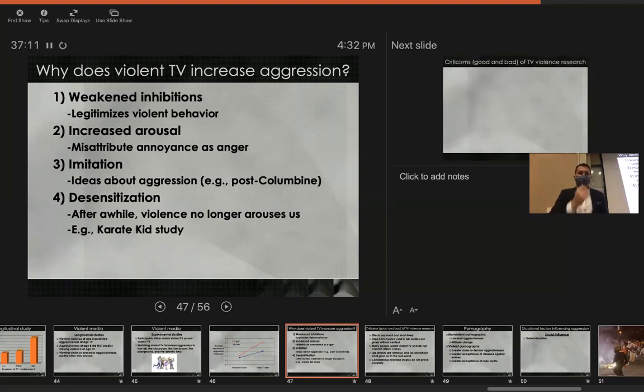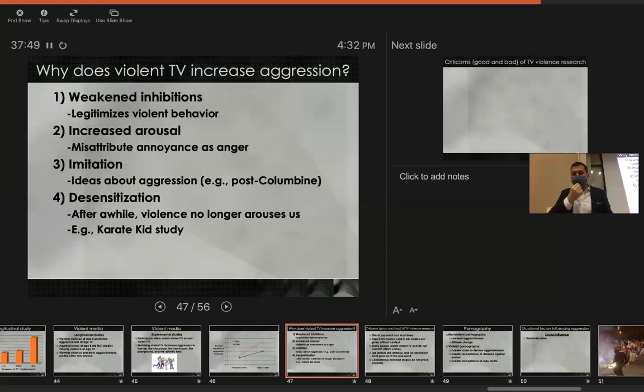So just to give you an example, there's a study that looked at desensitization among people who had just watched The Karate Kid or not. If you've ever seen The Karate Kid, it's nowhere close to as violent as a lot of movies are today. It's literally someone who's engaging in karate. But in the study, people were randomly assigned to either watch a clip from The Karate Kid or not. And after that clip was over, the researchers staged a fight right outside the room so the participants could overhear these two people get into a fight.